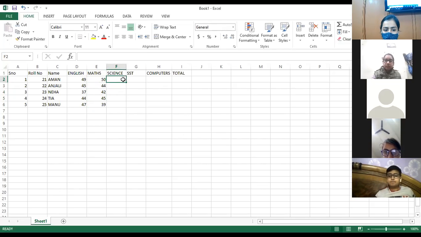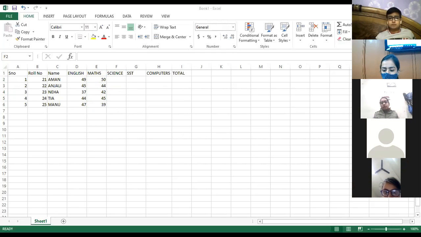So next is how marks are to be entered for science. The marks obtained by the student in the science subject.